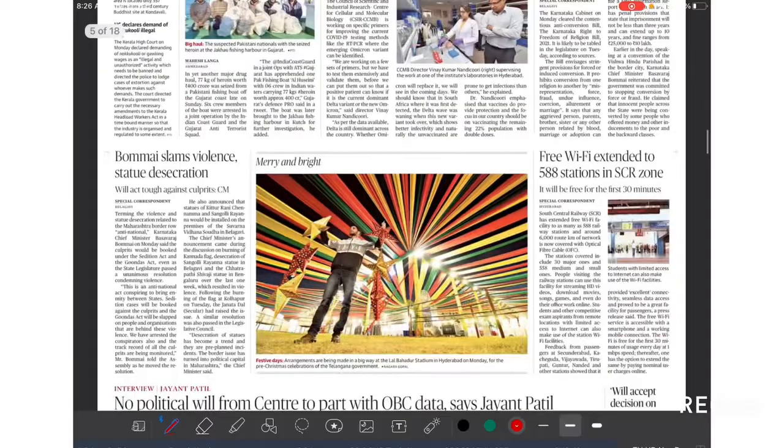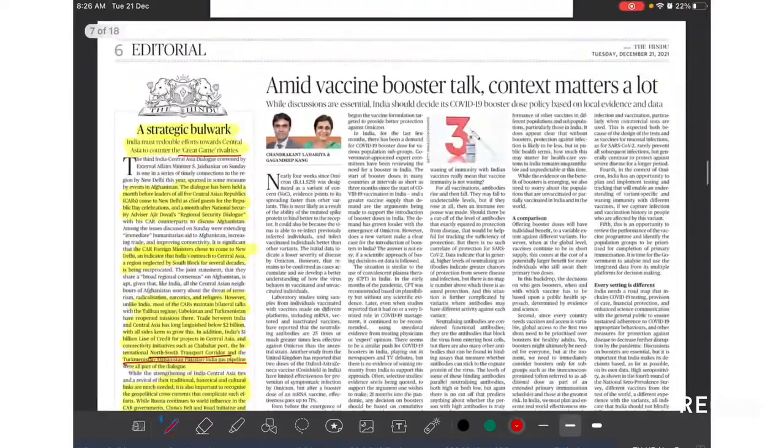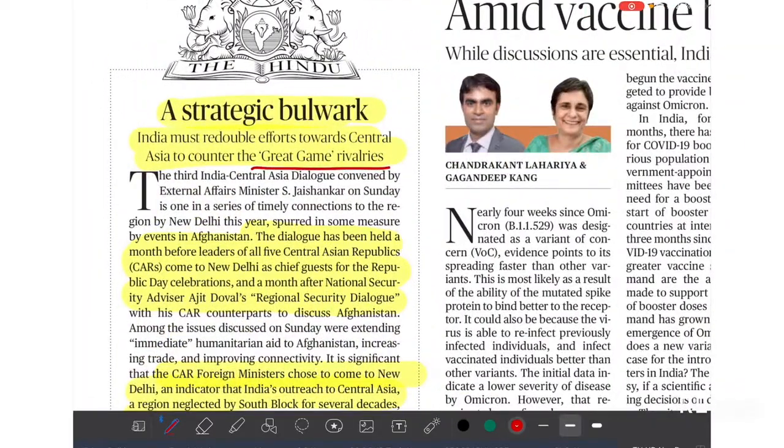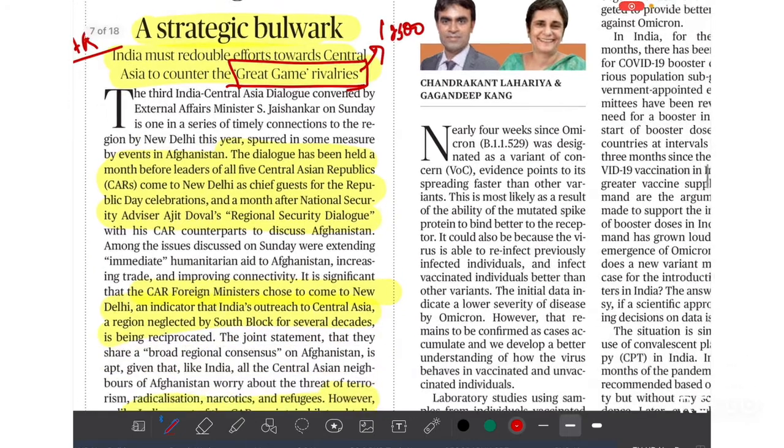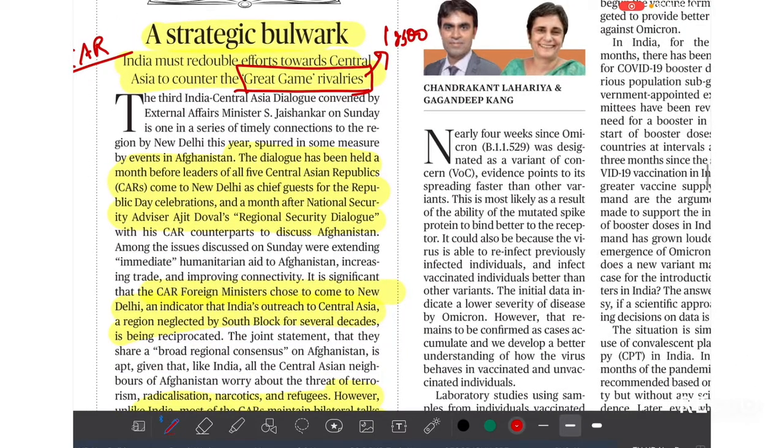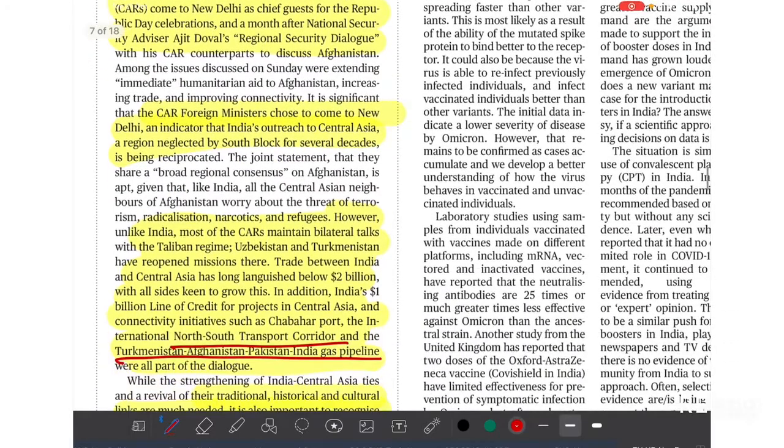All right. So into the editorial page, we have an editorial on India-Central Asia relations. So what is the Great Game rivalry? Please look into that. It's a historical period, the 1800s. There was a rivalry between different powers to conquer, or rather to bring Central Asia under their influence. The modern great game is different. So look into what the Great Game is,